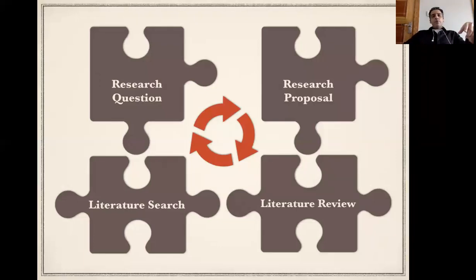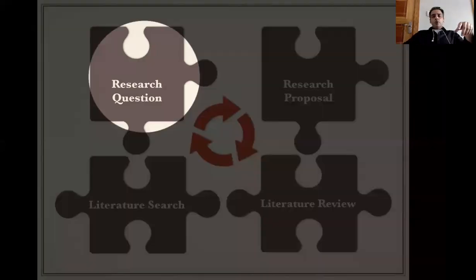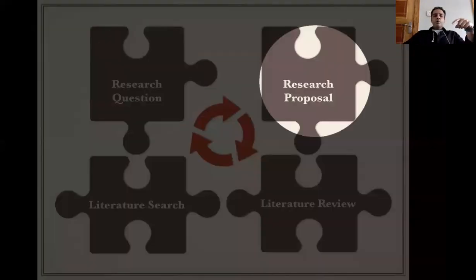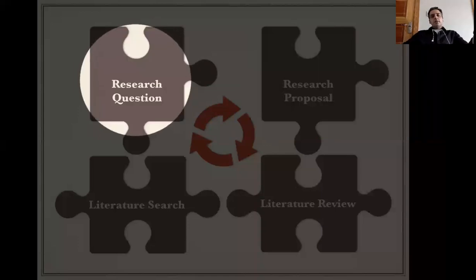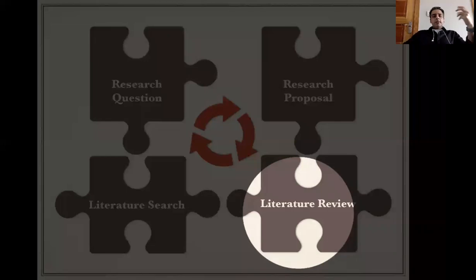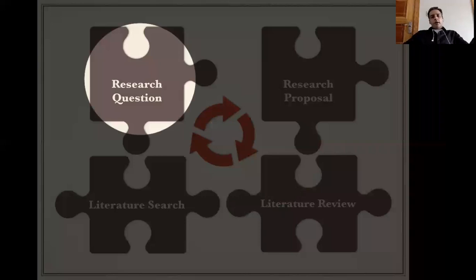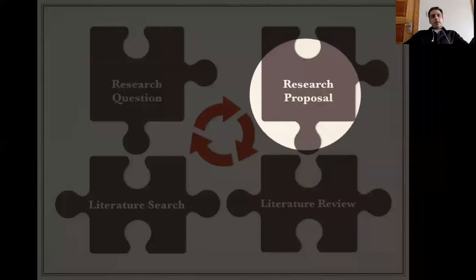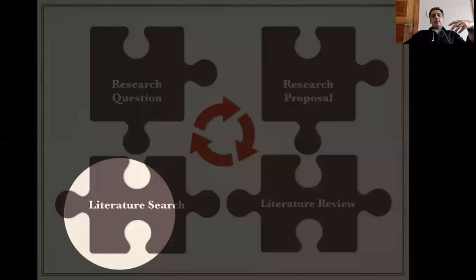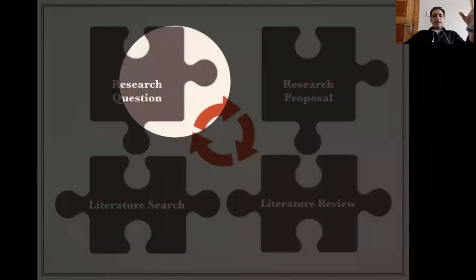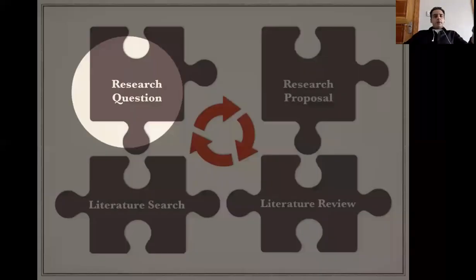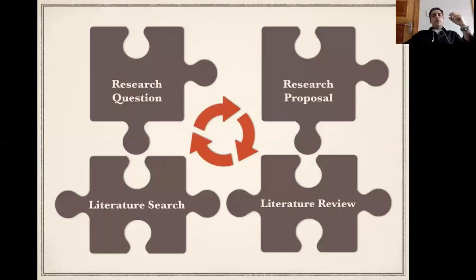You start with this one, you go on to this one, you go on to this one, then you again have to go back to your research question at times, because maybe you find something different in the literature review that you have to go back and review your question again. Then you go back to your proposal again and see everything is in line. You search again. So all these things, they move in any direction they like. So there is no hard and fast rule that you have to do this first. There are points where you have to come back to point one again. And this is how this whole system works.